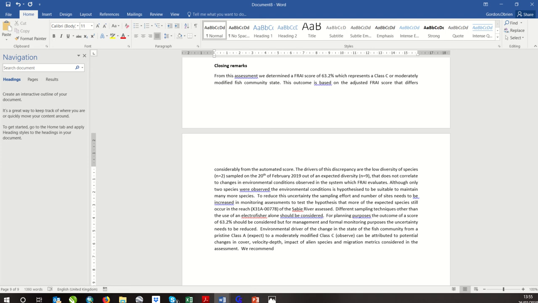So we recommend improving the state of the system so that these species can return. We recommend rehabilitation of, no, we can't really. Yeah, mitigation measures